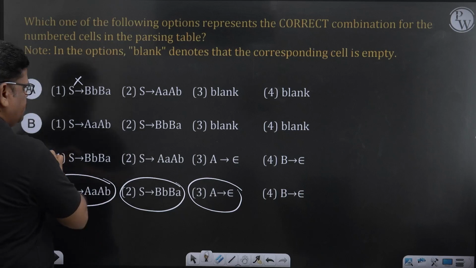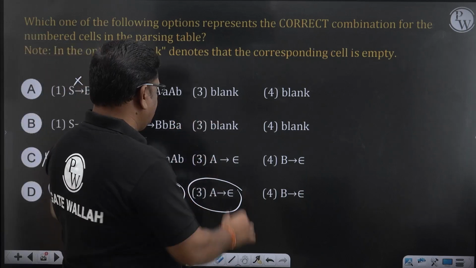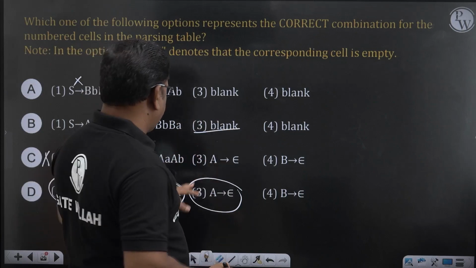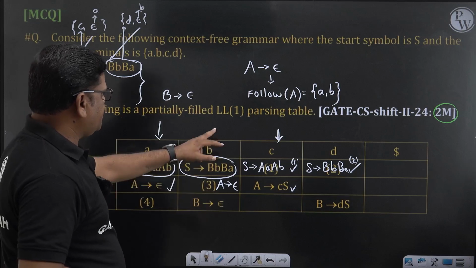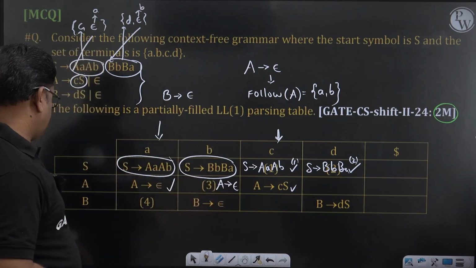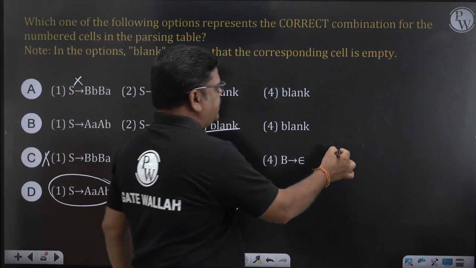C is also false. From the remaining options B and D, here it is given blank, but if you observe the table, rule 3 in the position of B, we clearly have one production. So the answer for this will clearly be D. So the right answer for this question is